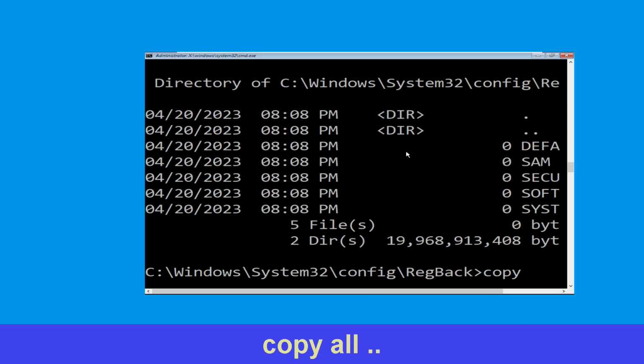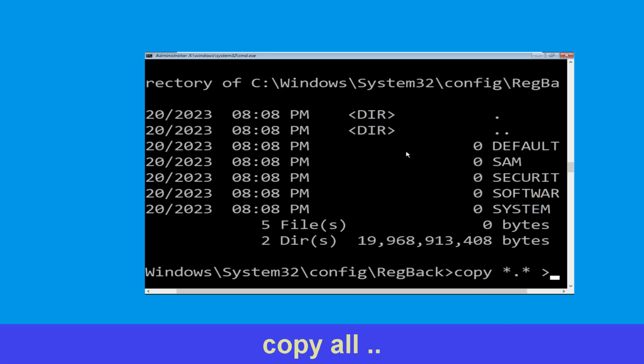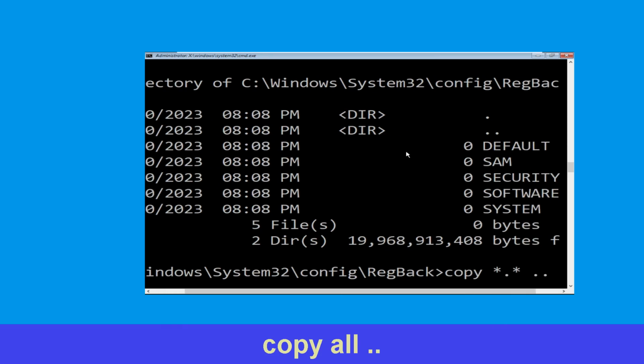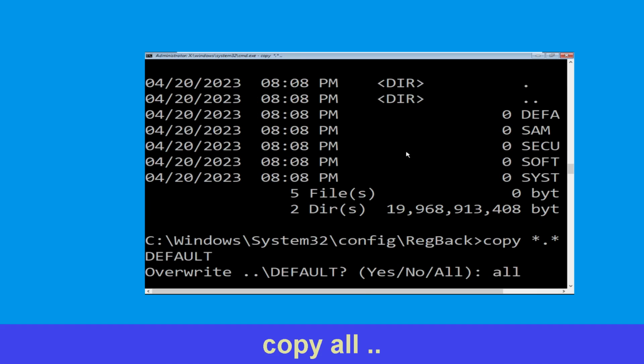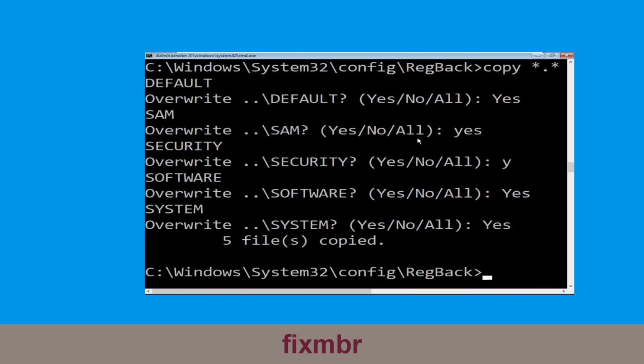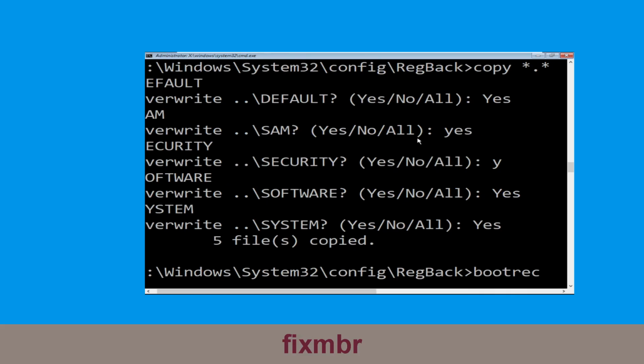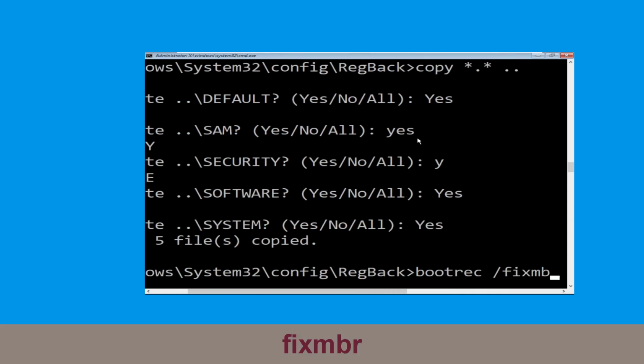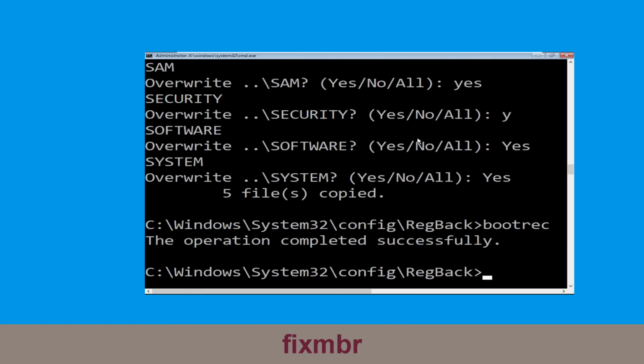Now type copy * ... and hit enter. Then type all and hit enter. Now type bootrec /fixmbr and simply hit enter. Now type in bootrec